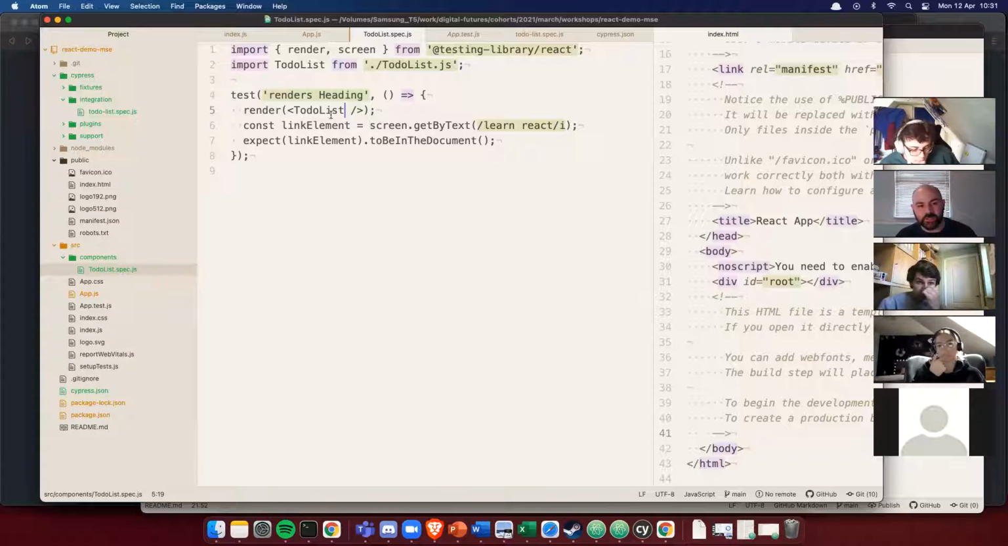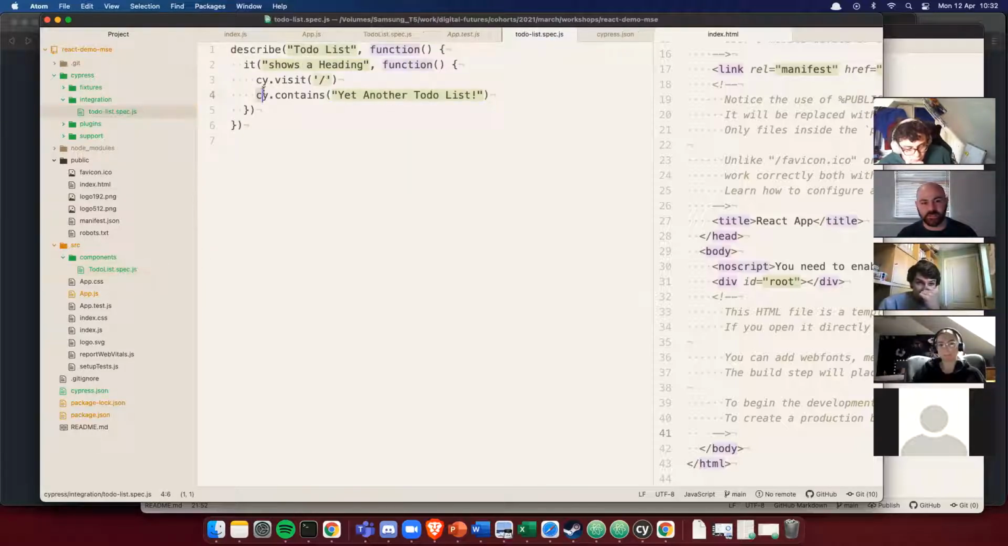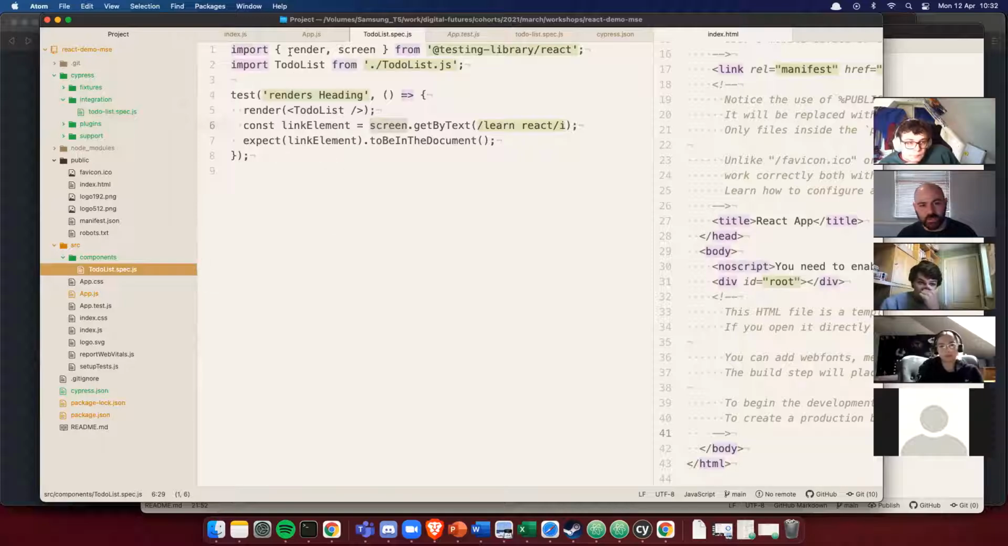So once I've rendered it, I want to get the screen. So this is like using, over here, Cypress as the object to run our functions like contains and visit. Over here in the component, it's going to be render or screen. So we can render our component, and then we do screen getByText, and we expect it to be on the page, for example. So I could do something like